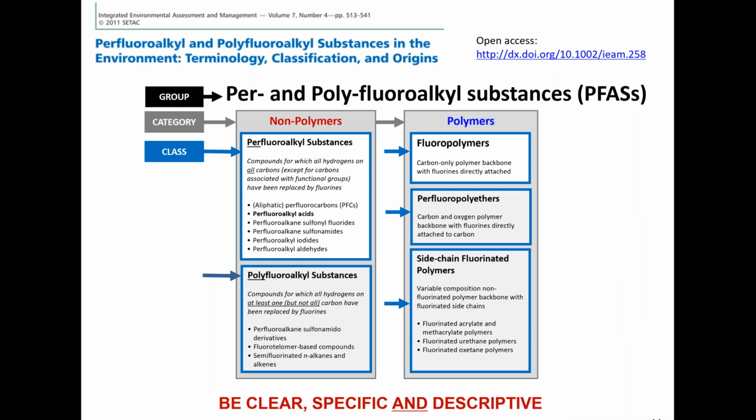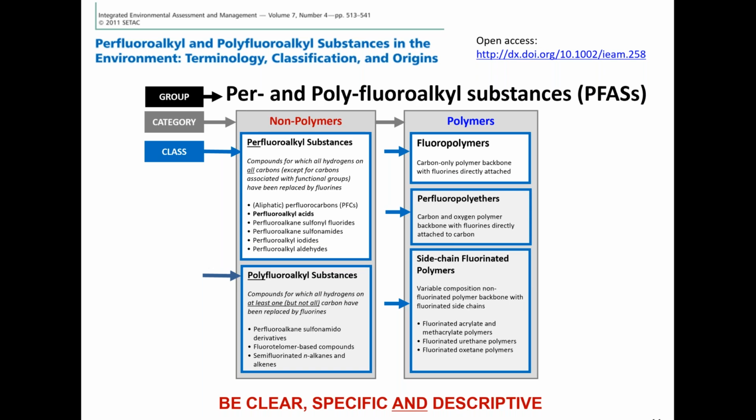Okay, so when the article was published in 2011, this is the picture that was created in order to try to group these things in the proper ways. So the big title is per and polyfluoroalkyl substances. There are two primary categories: things that are non-polymers, small molecules, things that are more water soluble, perhaps more mobile, things like that. And on the right-hand side, polymers. In each of these categories, there are some specific classes.